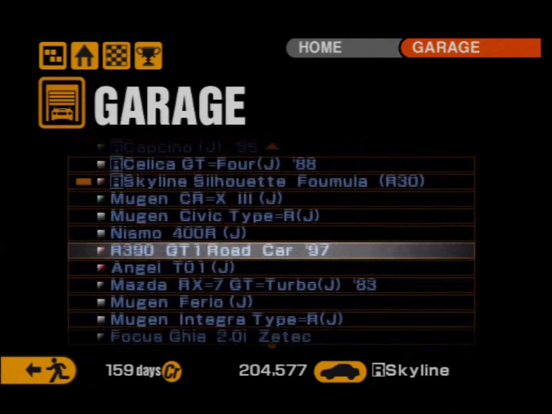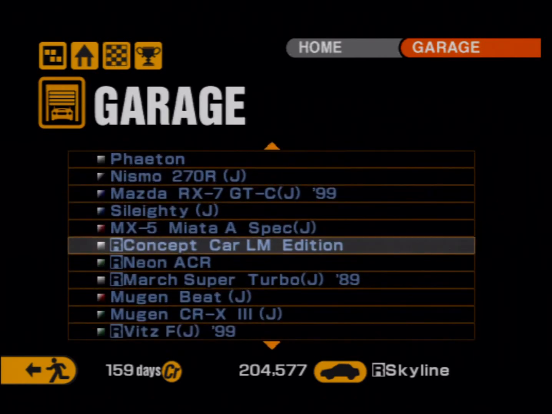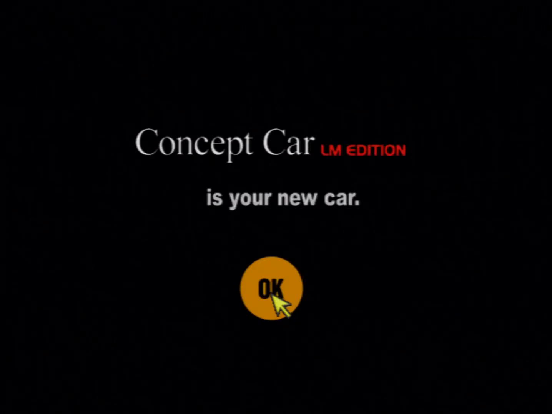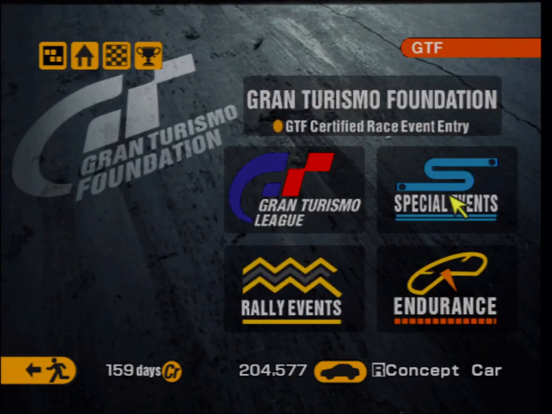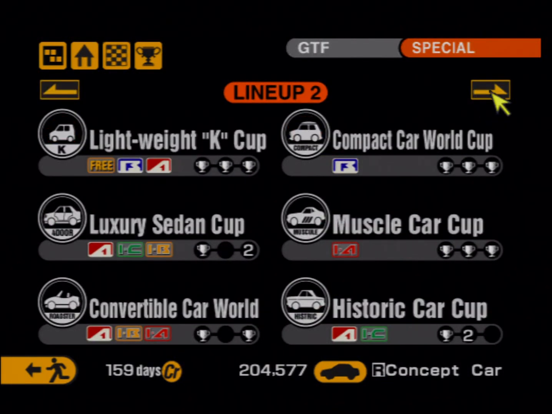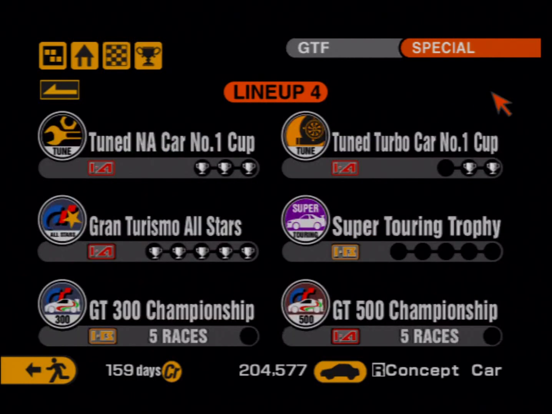Tell you, the car that I sped right past but I meant to go with was the Concept Car LM Edition. It's a fun car. Super fun car, and it's my new car. It also has a giant rear wing. How about that, folks? Yeah, the ZZ2 has roughly the same kind of horsepower as the touring car, or not touring car, the Concept Car LM Edition, so...